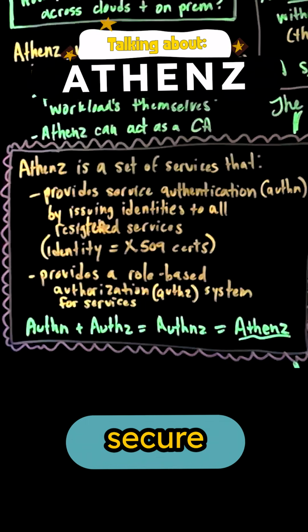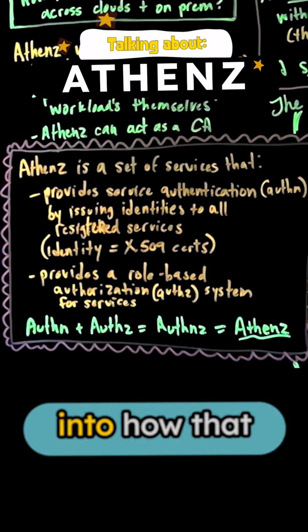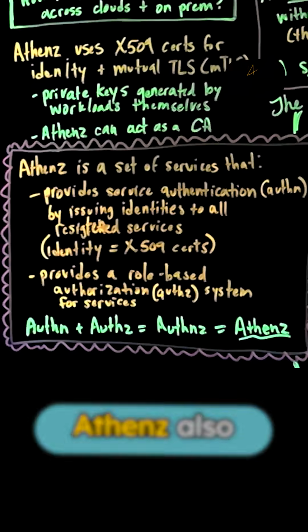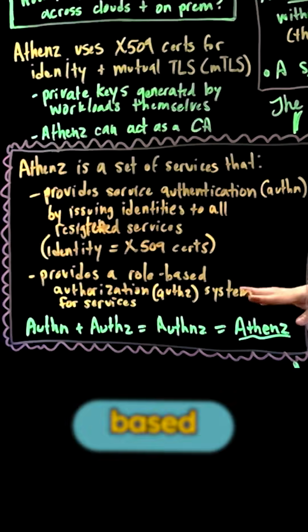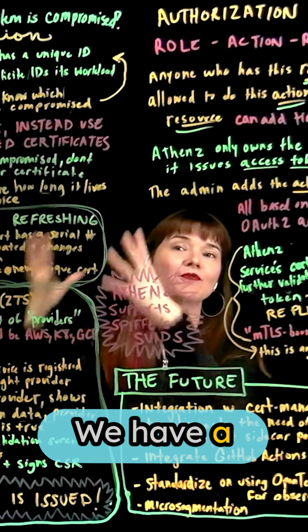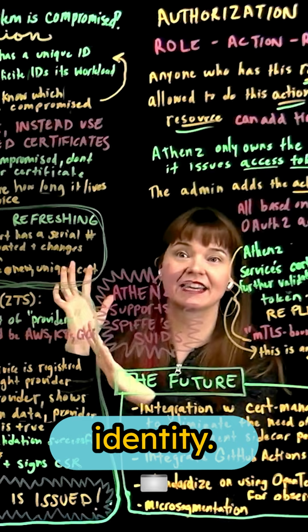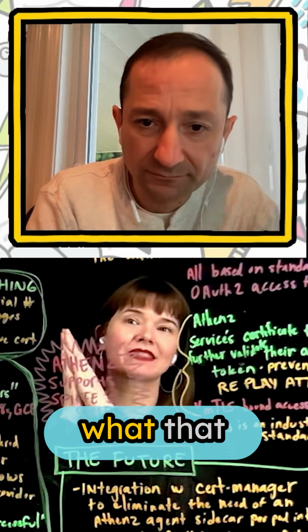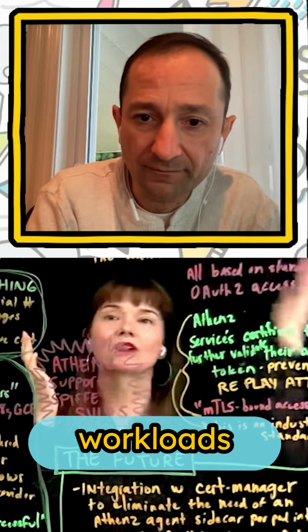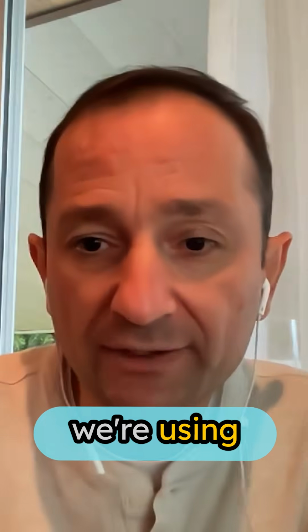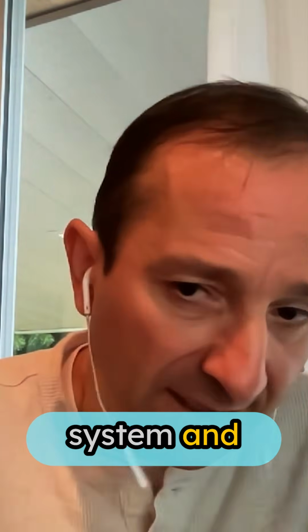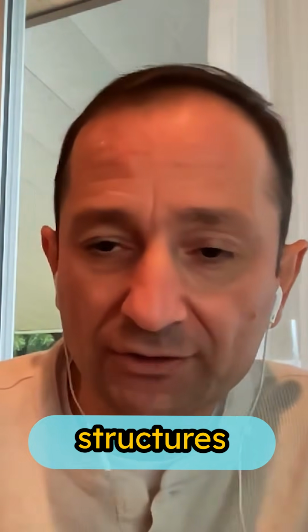Athens provides secure authentication, and we've really gone into how that works, which I love. Well, Athens also provides role-based authorization. We have a workload. The workload has identity. But now, how do we establish what that workload is allowed to do and what other workloads it's allowed to talk to? And this is where we're using a role-based authorization system and using yet another industry-based structure like OAuth